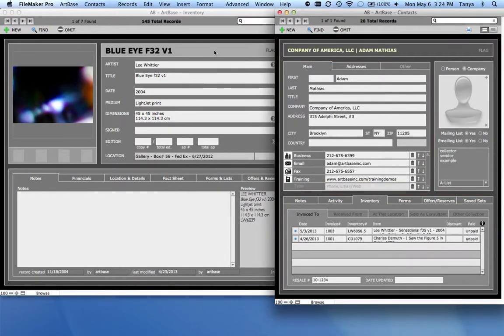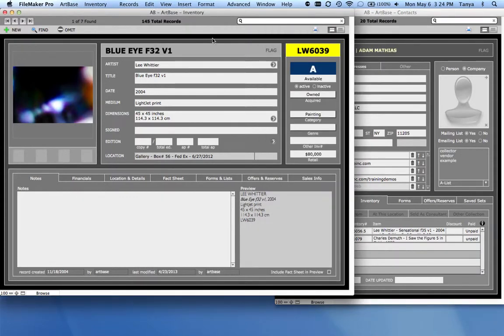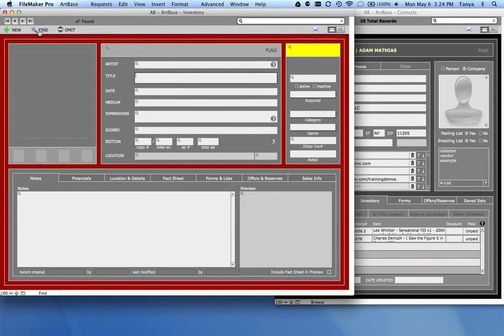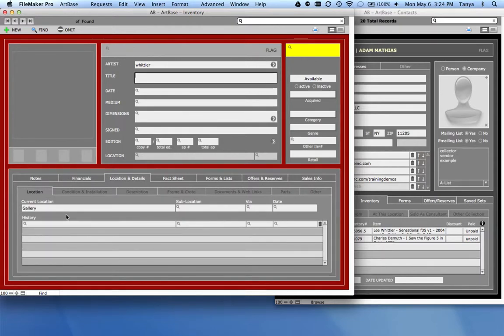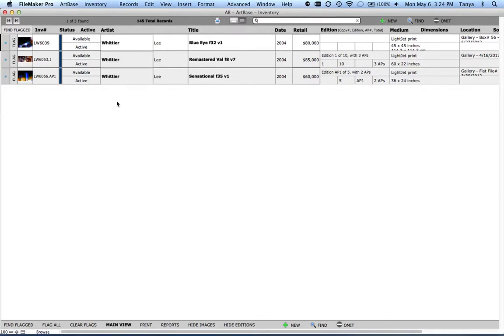Okay, so coming back to the inventory, we're just going to talk about a way that you can save your searches. So let's just say you come in and you get a lot of information in here. Maybe you're searching on Lee Whittiers that are available, that are in the gallery. And it takes you a long time to get this search together. And then you hit Enter, and you've got your records. Let's say you do this search all the time, and you don't want to have to